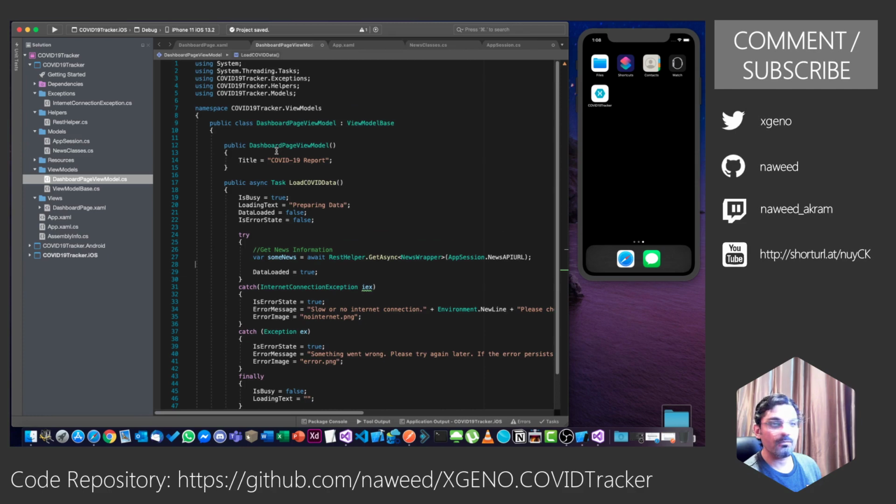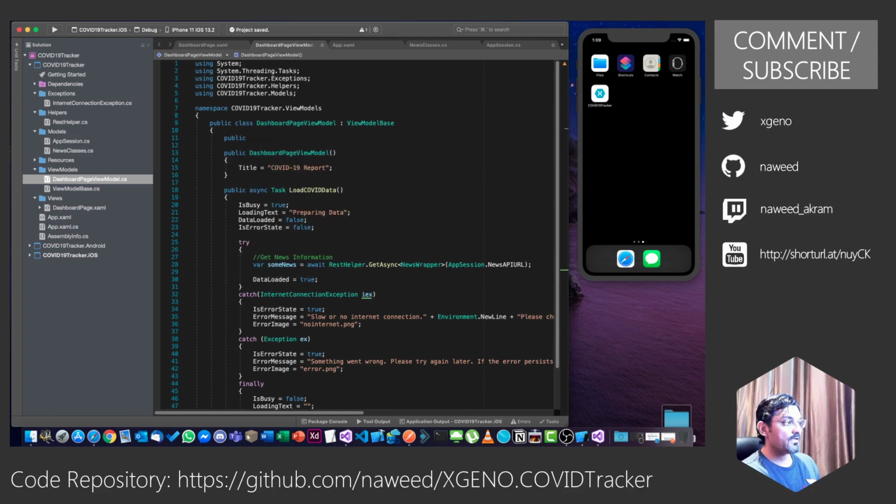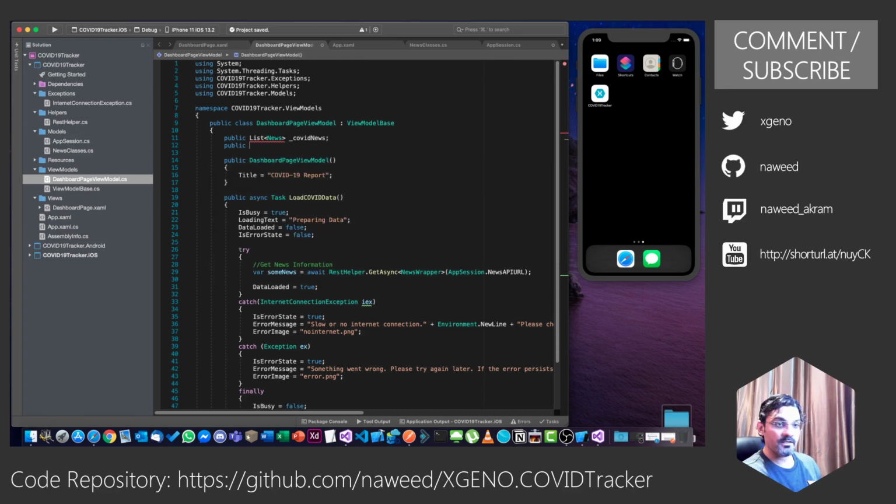Let's go back to our model, and we are going to create a property that we can bind to on our pages. So I'll say public list of news, let's call it CovidNews.